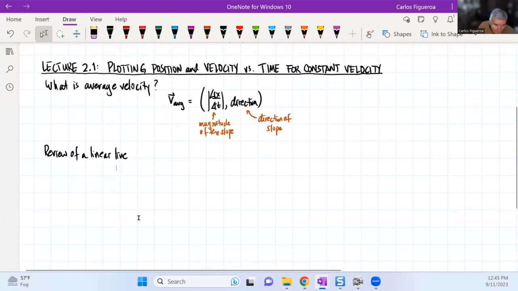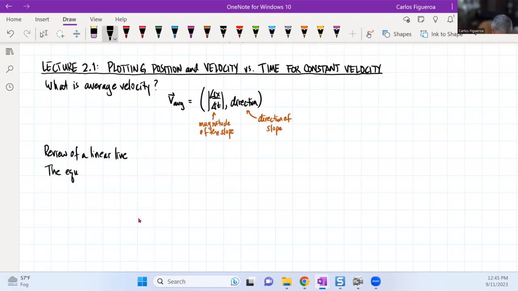What we know about linear lines is that the equation of a line is something that we know and love for a very long time, and it's equal to, of course, y equals mx plus b,